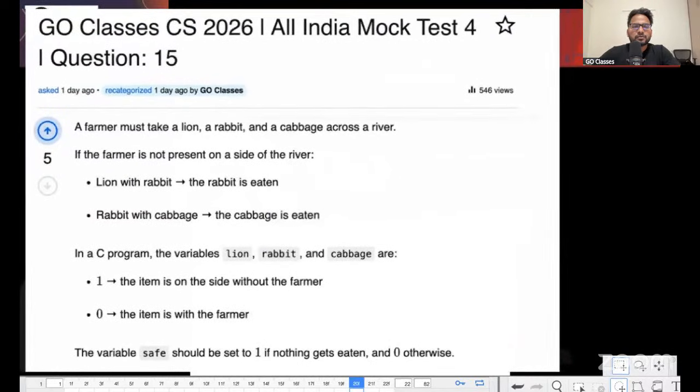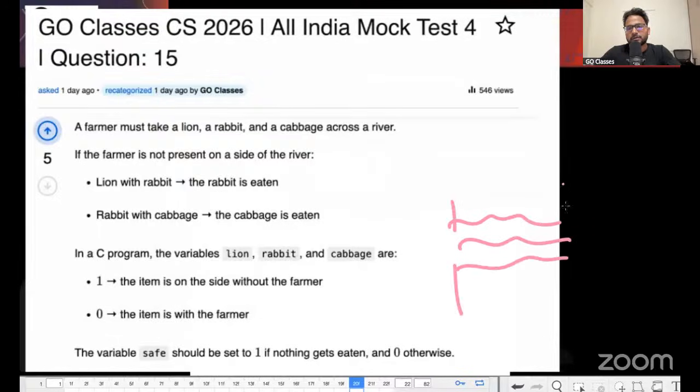Here in this question we are saying that there is a farmer that must take lion, rabbit, and cabbage across the river. So there is one river, okay, and the river is flowing maybe. The farmer is standing here and he must take lion, rabbit, and cabbage across this river. Now, if the farmer is not present on the side of the river, then lion and rabbit, if they are left alone,